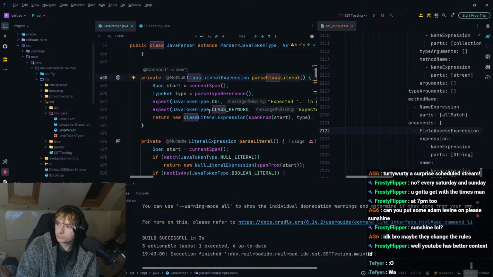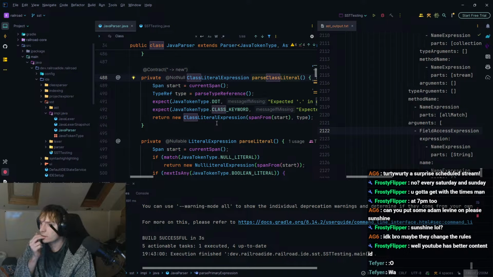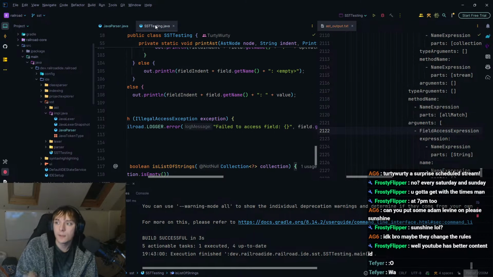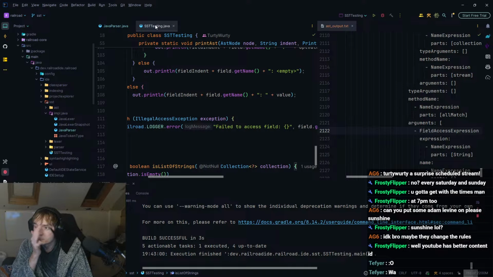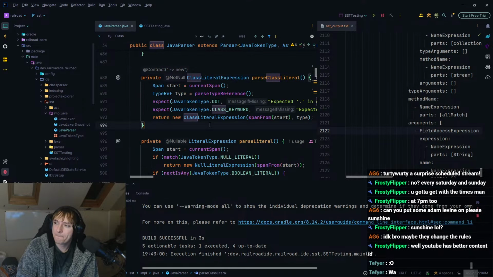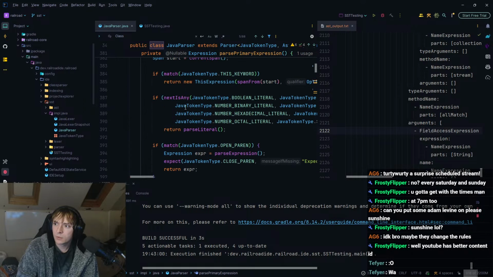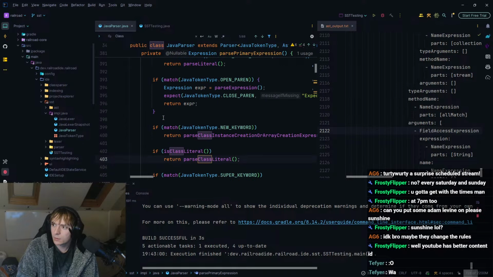What does this do? Expects a dot and then a class keyword. Oh, but it passes a type preference first. Right. I see. Okay. I see the problem. I entirely do see the problem.